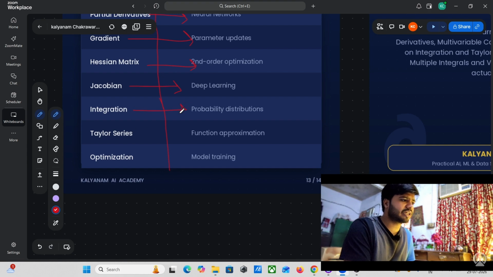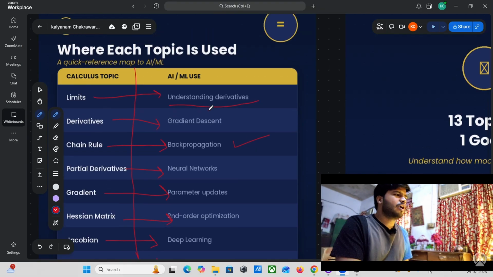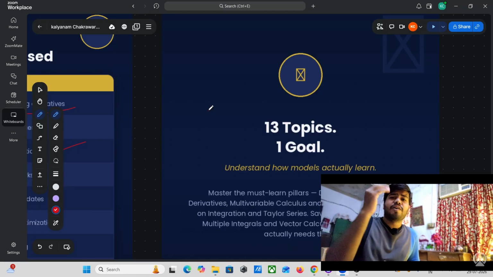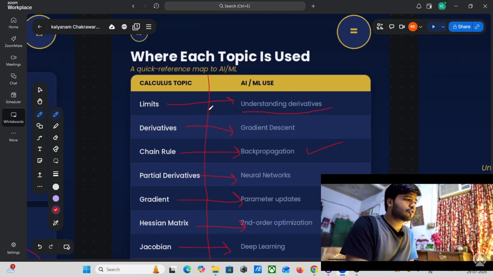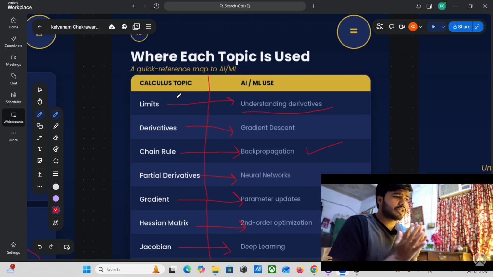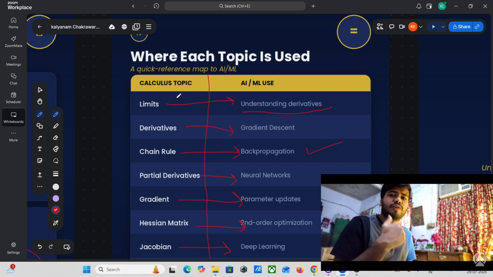And integration is useful for the probability distribution section. And Taylor's series is useful for function approximation. And optimization is useful for the model training section. So I created this roadmap so that you can clearly understand which of these topics are useful in which domain of practical exposure. So according to that you need to follow this roadmap step by step,